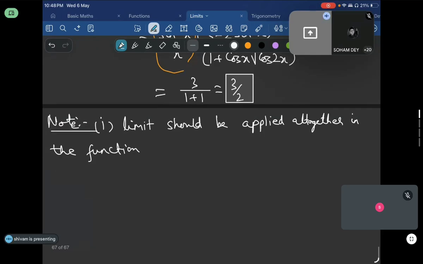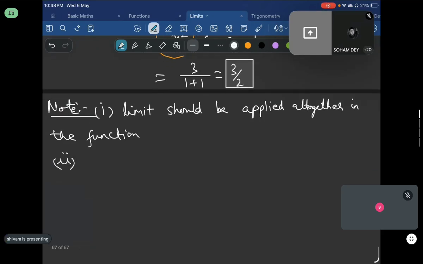Okay, I'll show you why. Part 2. Why? Because we should understand that after applying limit,